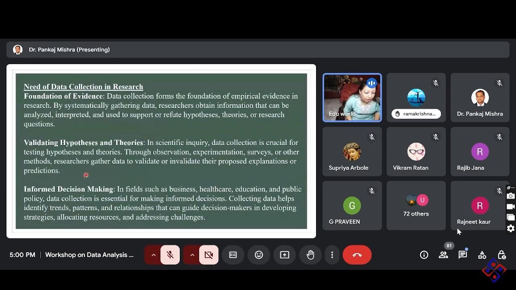Now we are coming to informed decision making. Whether you are from the field of business, healthcare or education, it doesn't matter. We have to make some decision from the data that we have collected. From the pattern of the data, we can understand the relationship, whether the data is at the lowest level or the highest level, whatever we are testing. Like in most of the responses, we have seen that most of the respondents have answered strongly disagree, strongly disagree. So from the pattern only we can generate which trend the data is going in. So next slide.